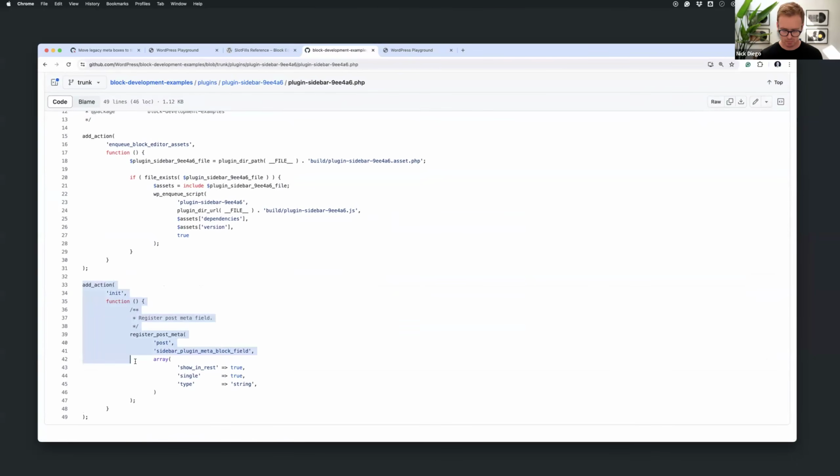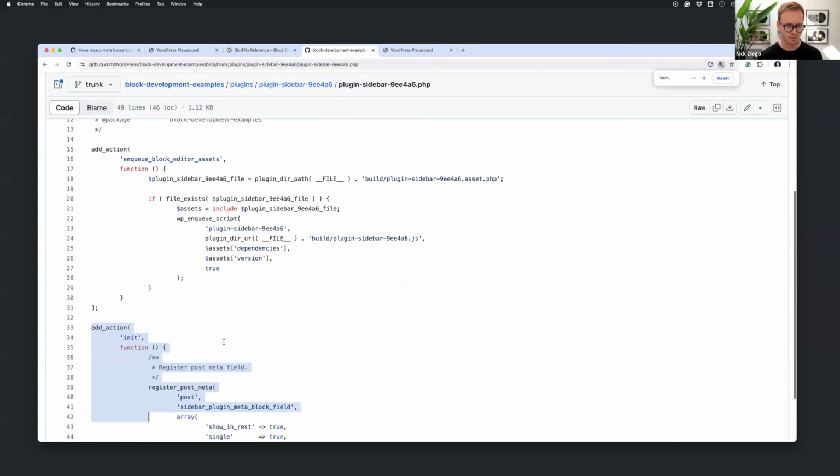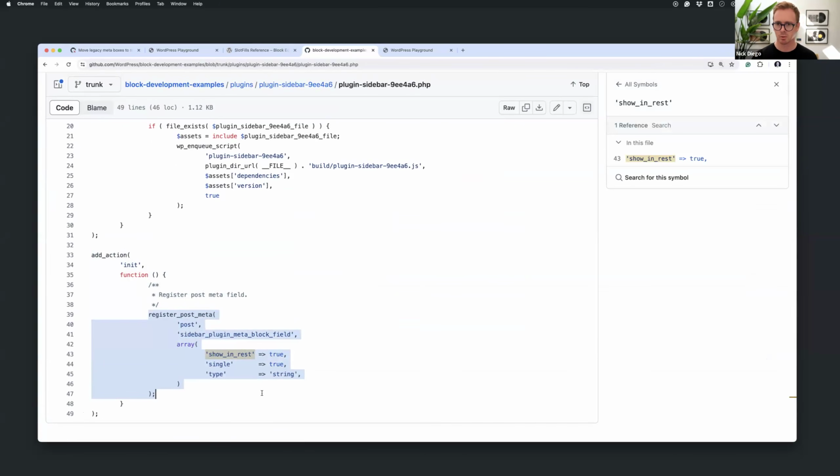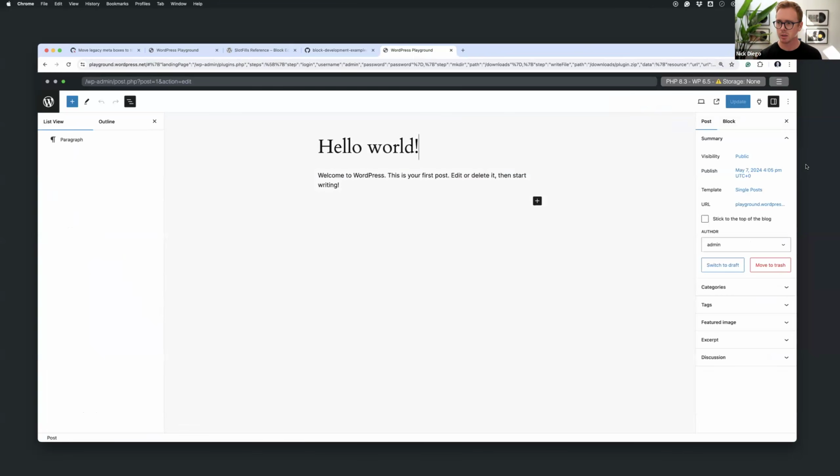Let me zoom in a little bit. It is going to register post meta. This is something that we've been doing in WordPress forever. And in PHP it's going to register this post meta called sidebar plugin meta block field. Now, instead of this being in that custom fields panel or some other meta box, what we've done is it is now displaying